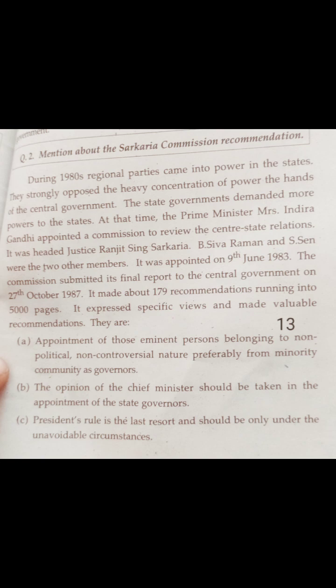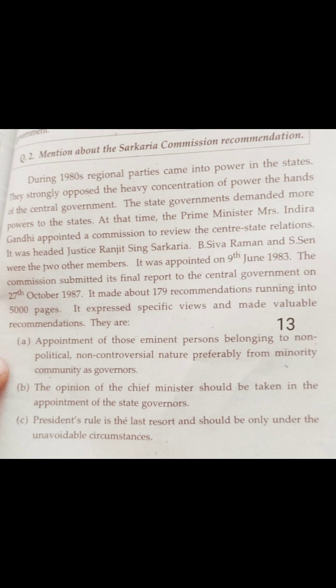It was appointed on 9th June 1983. The commission submitted its final report to the central government on 27 October 1987. It made about 179 recommendations running into 5,000 pages. It expressed specific views and made valuable recommendations. They are: